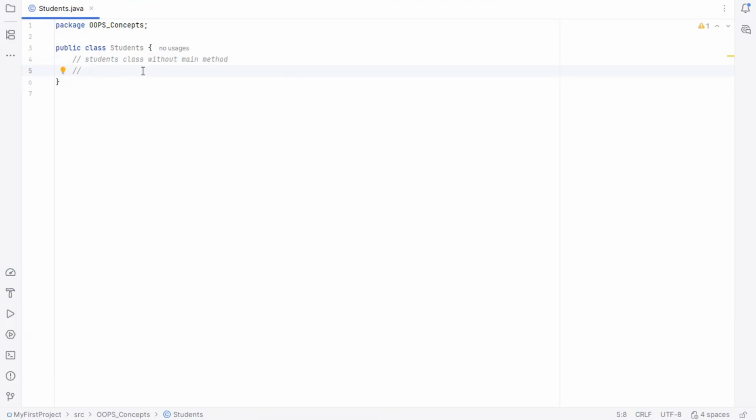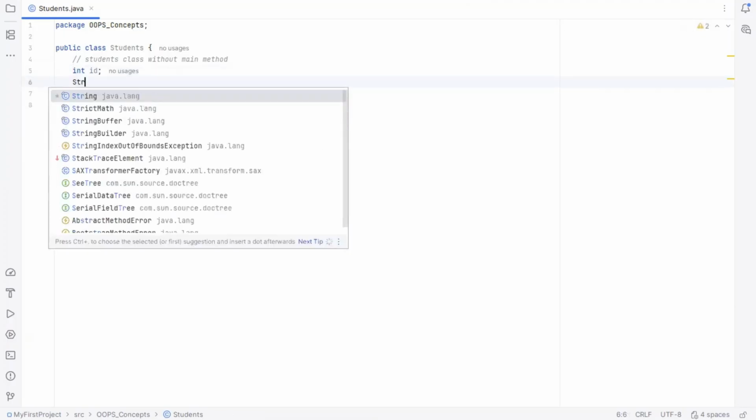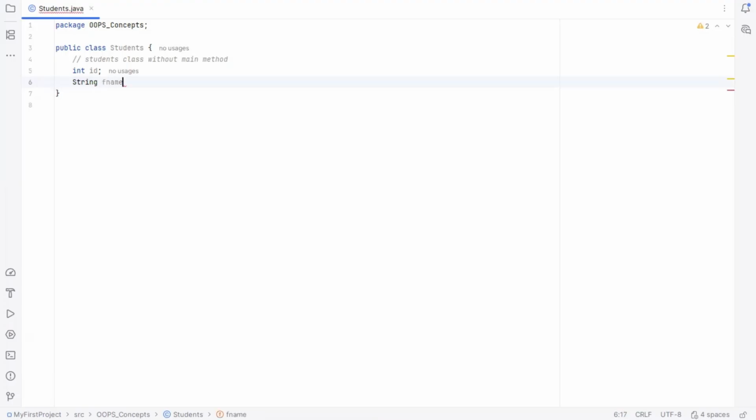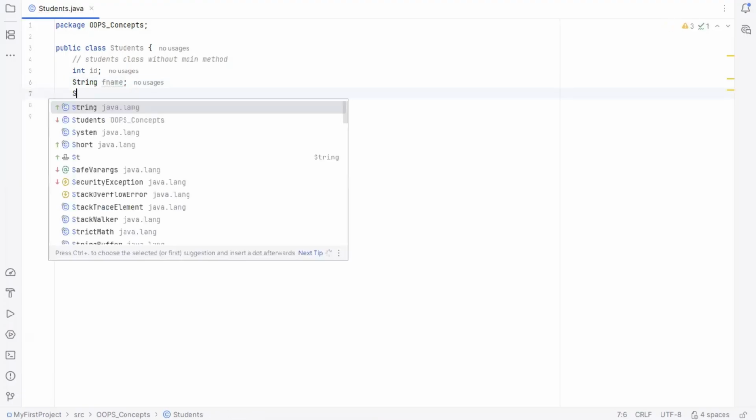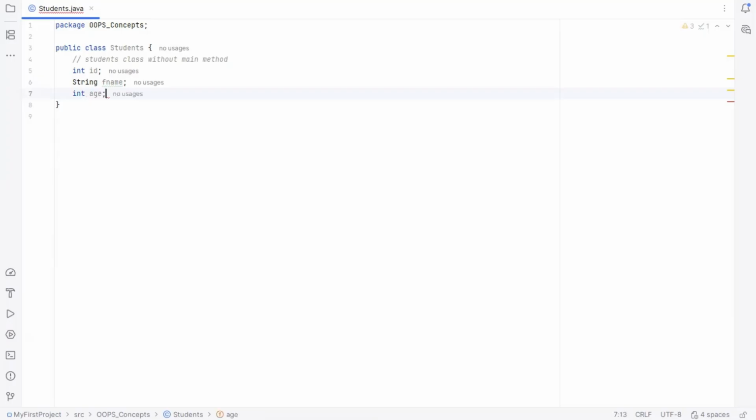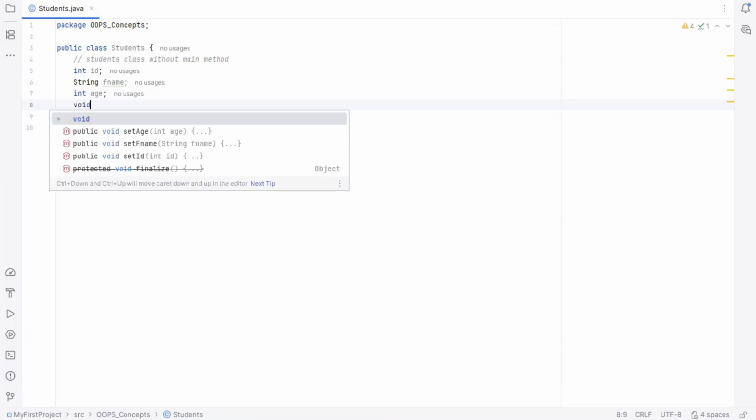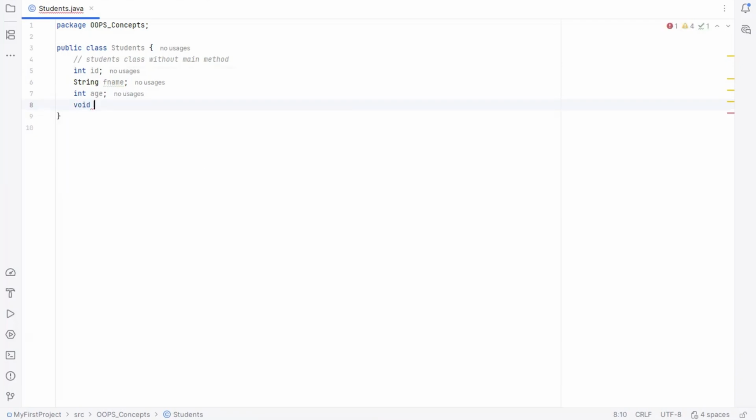int id, semicolon, String fname, next int age, right? Got it? Clear? Yes, sir. Now I wanted to display my student details. Whenever somebody asks me, I wanted to display my student details. So that means I need to create a method, void display,